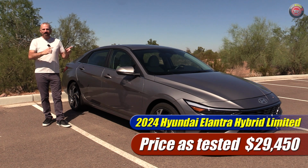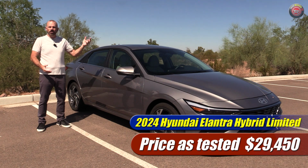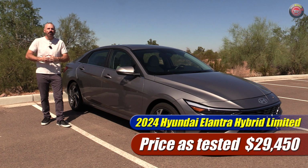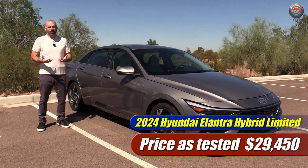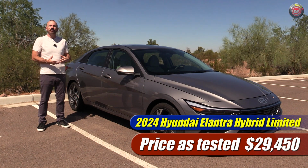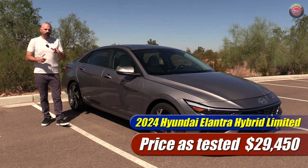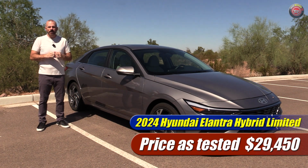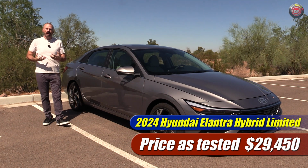Now, the catch this year is that there's more competition on the market. We've always had the Toyota Corolla hybrid in the last couple of years, but now the Honda Civic hybrid is on the scene, offering considerably more horsepower. So if performance is a hot button for you, the Honda Civic honestly has this beat in terms of how much power it offers. And it's about the same when it comes to MPG, and it does cost a little bit more. That's worth noting because a lot of people see the Honda Civic as maybe perhaps a bit more of a premium product. Hyundai has always gamed on offering a good price and offering a lot of features for that money,